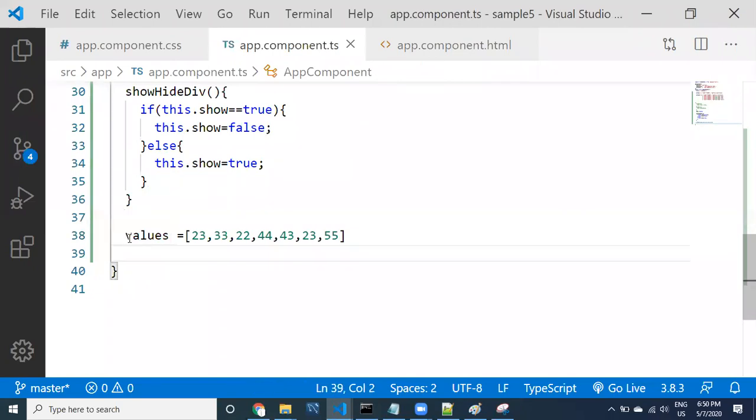Now here the goal is I want to display values. Of course, this array may contain a number of values, not only 5 or 6. There may be hundreds of values, assume. Among multiple values, I would like to display only even values or odd values, whatever logic you want, you can provide. To display those things, how can we filter these values? I would like to filter these values in the HTML. Let us go here, guys.